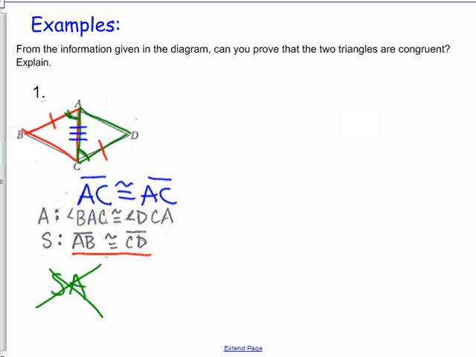So then, if I'm looking at my triangle, I notice that I have this side, this angle, and this side. Side, angle, side. And I'm going to say triangle BAC is congruent